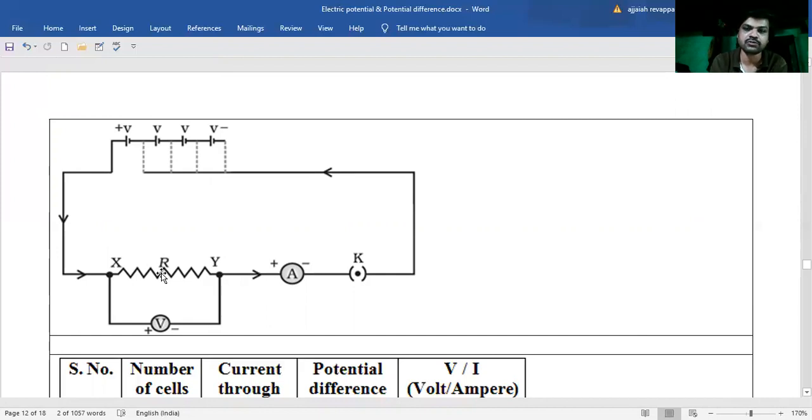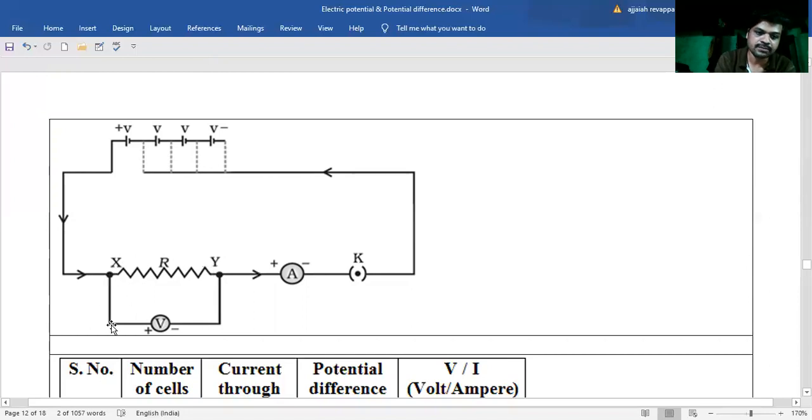So this nichrome is made out of 4 metals: nickel, chromium, manganese and iron. 4 metals are combined in different ratio, proportion, and we have made this nichrome wire. And I'm using the nichrome wire. Its length is 0.5 meter, half meter. It has a sufficient amount of resistance, so it's connected between the terminals X and Y.